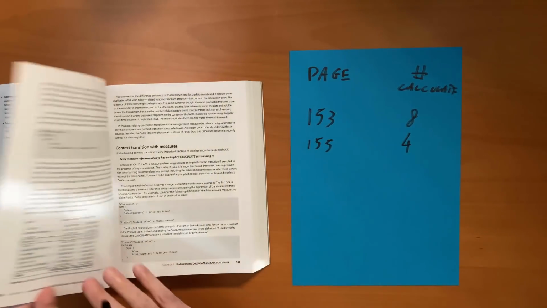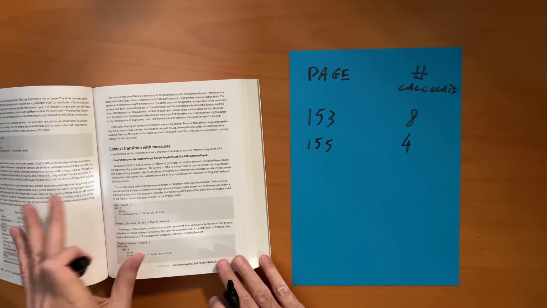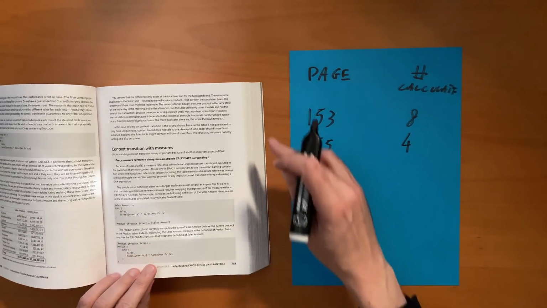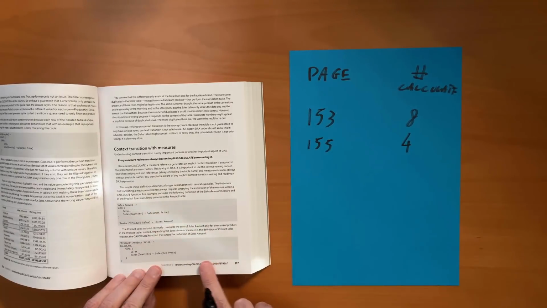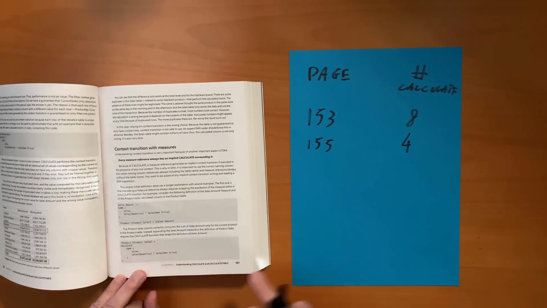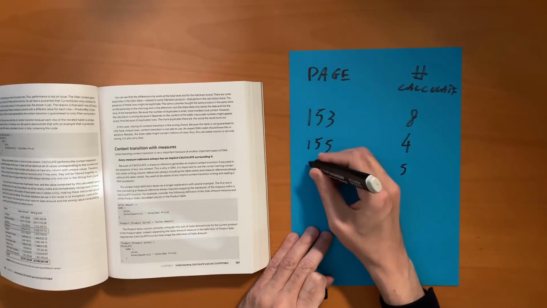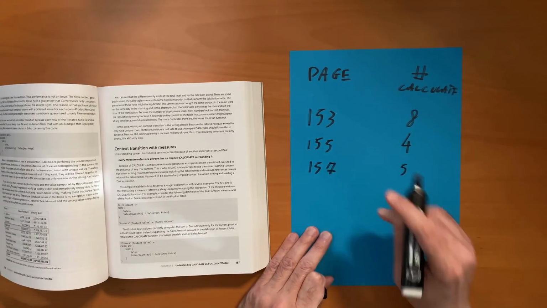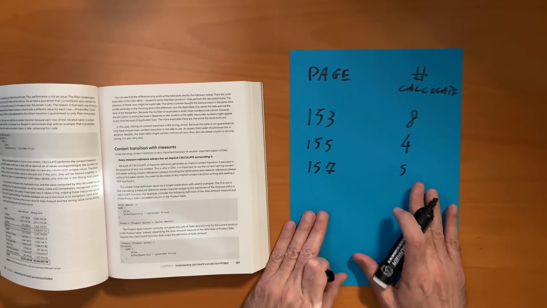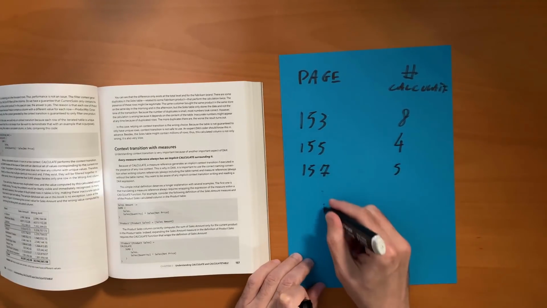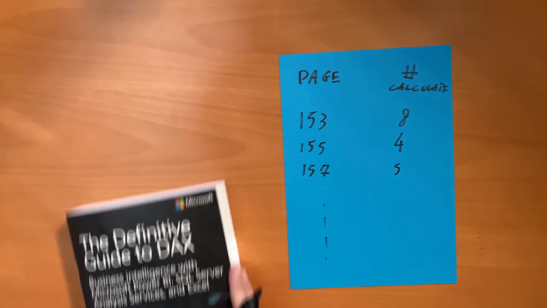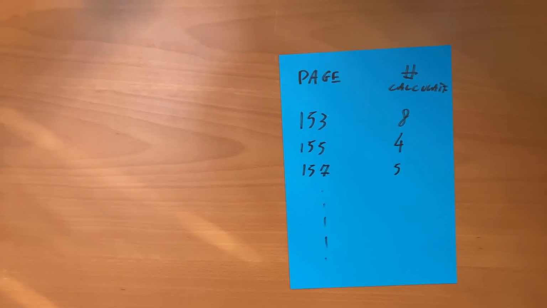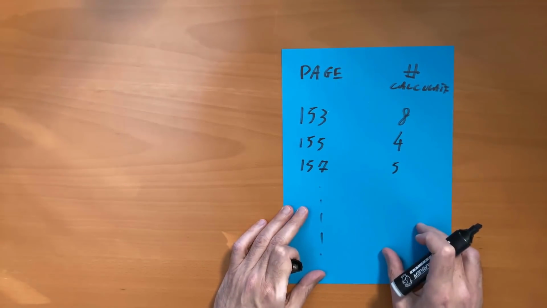And I continue. I just keep the page on this side because it is not visible in the camera, but I repeat this over and over for all the pages. Here we have 5, and we are at page 157. Now, once I complete my list, imagine I continue to do this for all the pages of the book, I no longer need the book at this point. I can remove the book from here, and I complete the job finding the maximum value in this column.